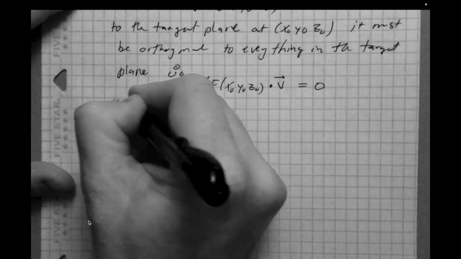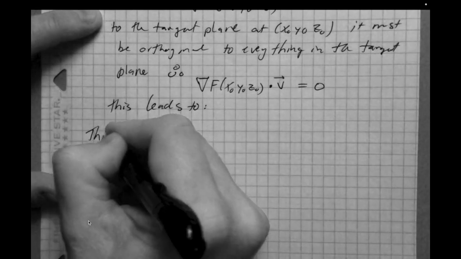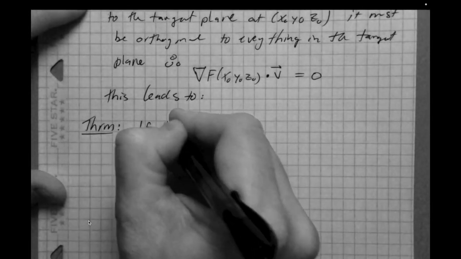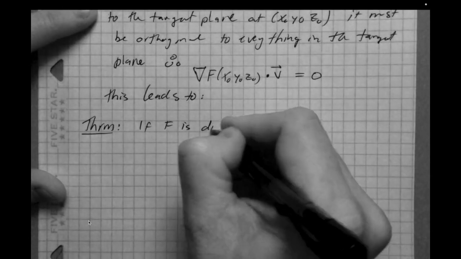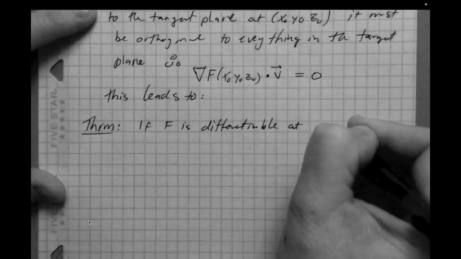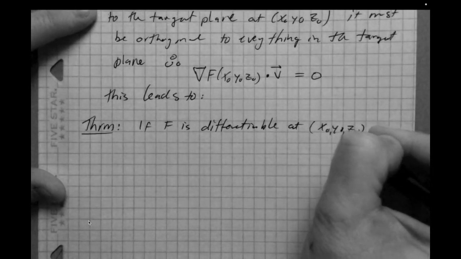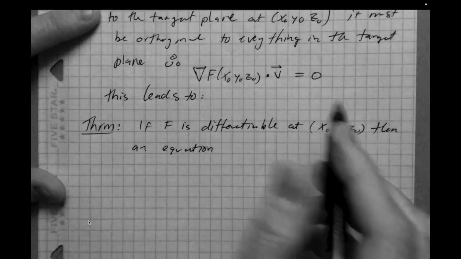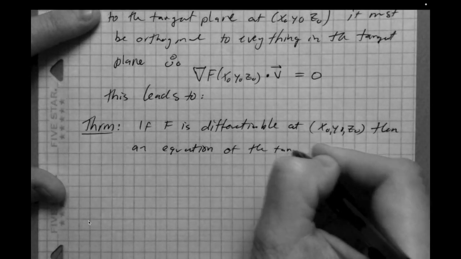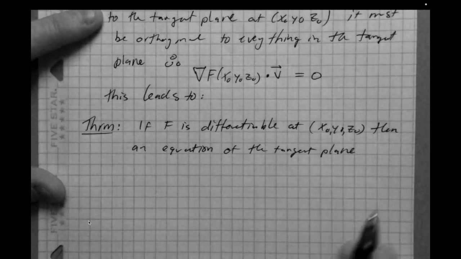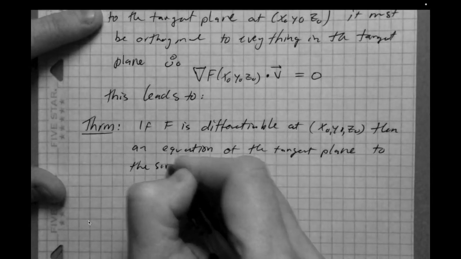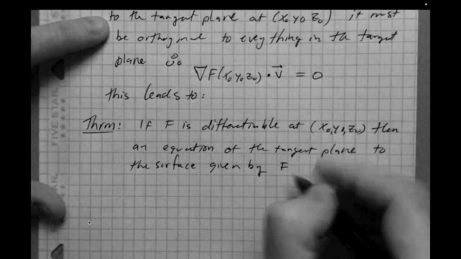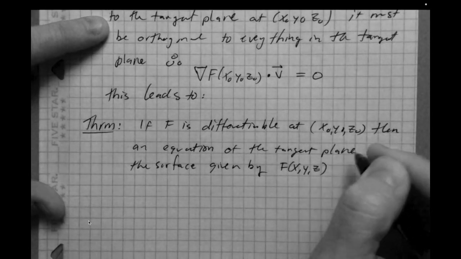Okay, so this leads to a theorem. So if f is differentiable at x naught, y naught, z naught, then an equation of the tangent plane to the surface given by f of x, y, z equals 0